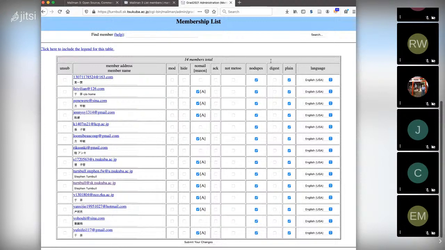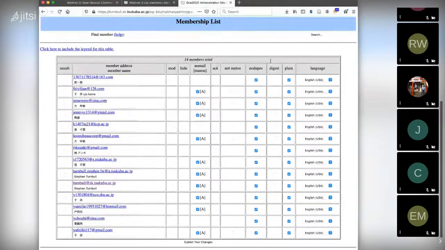So it's like Gmail. No dupes is the same thing. If you're CC'd on a post to the list, then that will get filtered out. And then there are options for digest. And finally, the language is the language of the user interface. For example, you could have Japanese or Chinese on my server. So all of that's in one place. And I'll explain why that's important in a second.